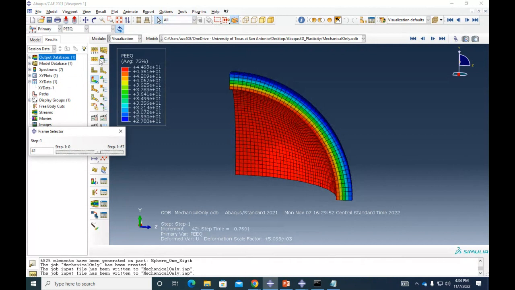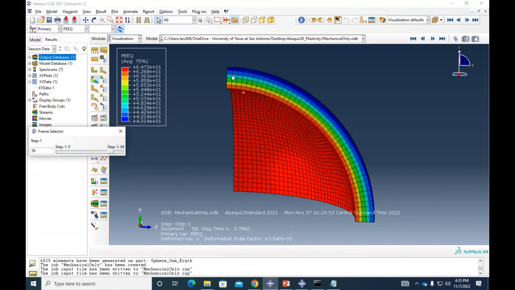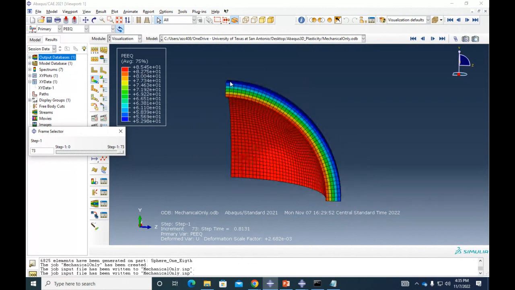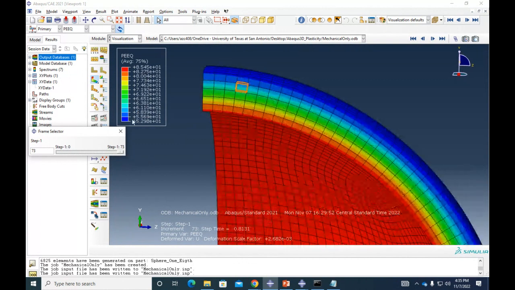All right. So here, PEEQ, that's the plastic strain that we have in our structure. As you can imagine, we have more plastic strain near where the high load is applied, and the plastic strain starts decreasing as we go away from the structure. But here, the load was way too high, so everything is undergoing yielding, right? Because this value in here, 5.29, corresponds to the blue color. So that blue color, which is even in the outer part of the structure, is also yielding.